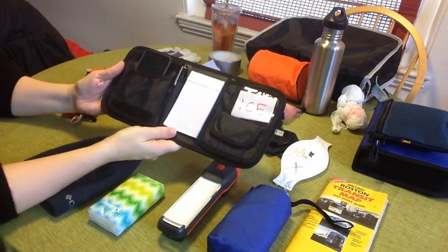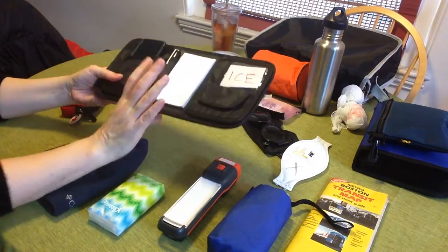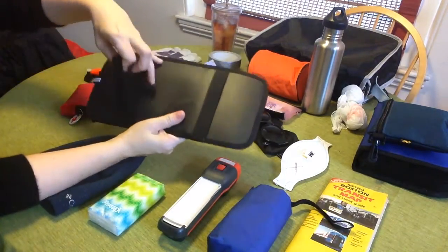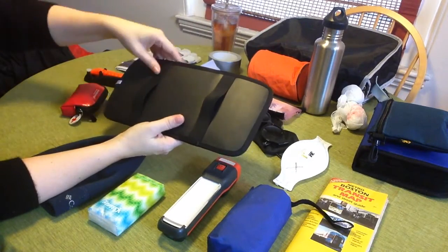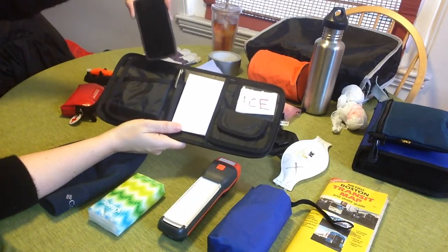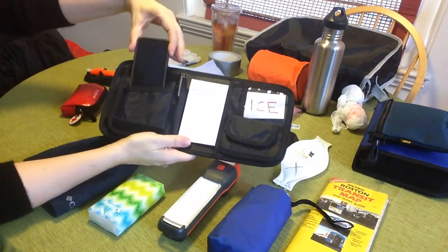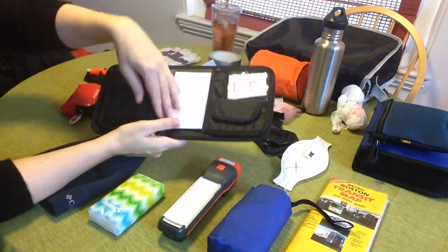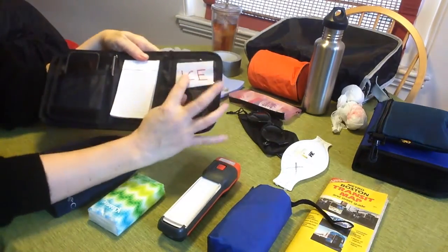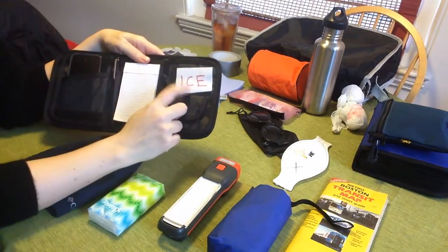I also threw this in, and this is something I had and have never used because I don't think it's a particularly good one, but for demonstration purposes I thought it was nice. This is the kind of thing that just goes on the visors above the window. So this, you could put whatever you have for a GPS or a phone or an MP3 player. It's got a pen, a pad of paper. I put an ICE card in case of emergency, which was the first video I did was about this,